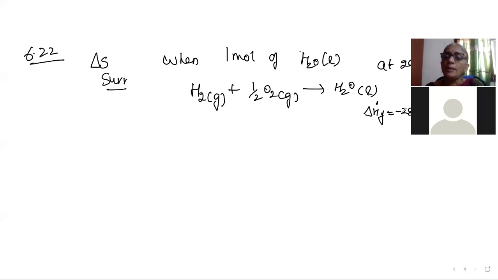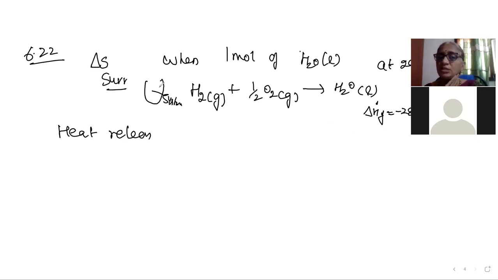Okay. So if this is the heat produced in the reaction, we have to remember one thing. Heat released by the system. This is the heat. This is actually the system. These are the components that are undergoing the reaction. So supposing you are carrying out this process in a test tube or any other container, the components inside the container is the system. So the system is releasing energy. How much energy? Minus 286 kilojoules per mole. When 1 mole of water is formed, this much kilojoules is released. That is the meaning of this.